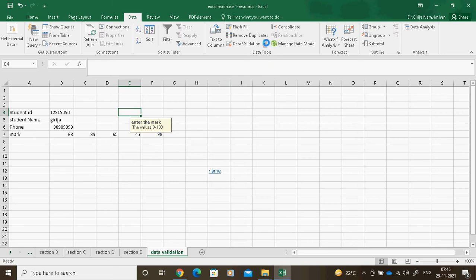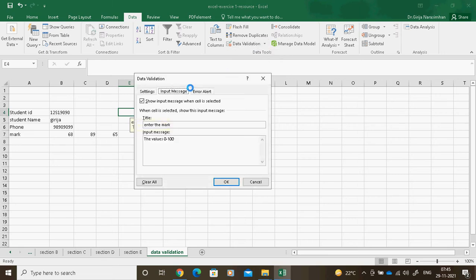Now what error message will I apply here? Here in the error alert, I will choose warning. What is the warning? The title is Incorrect value. The message is: retype the value again. This is my error message.